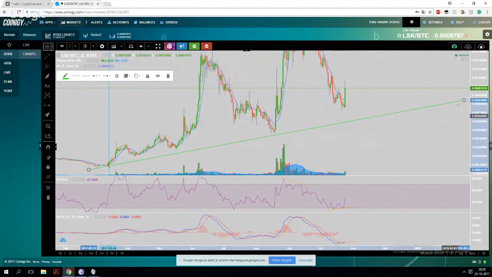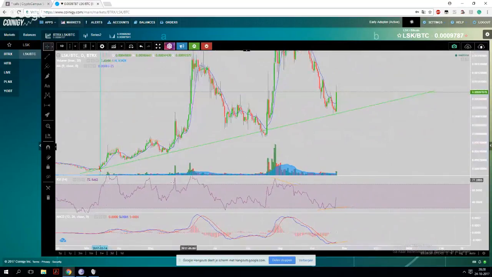But I think this was a fake out, and so it doesn't really count. So if we draw the chart like this, we can see it bounces really nicely if we just leave this out of perspective. And you might think, okay, why are you doing that? I am doing that because